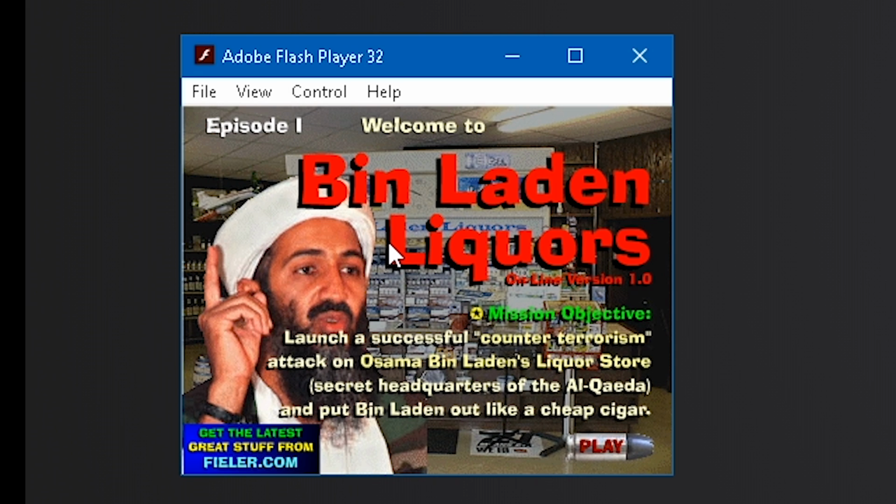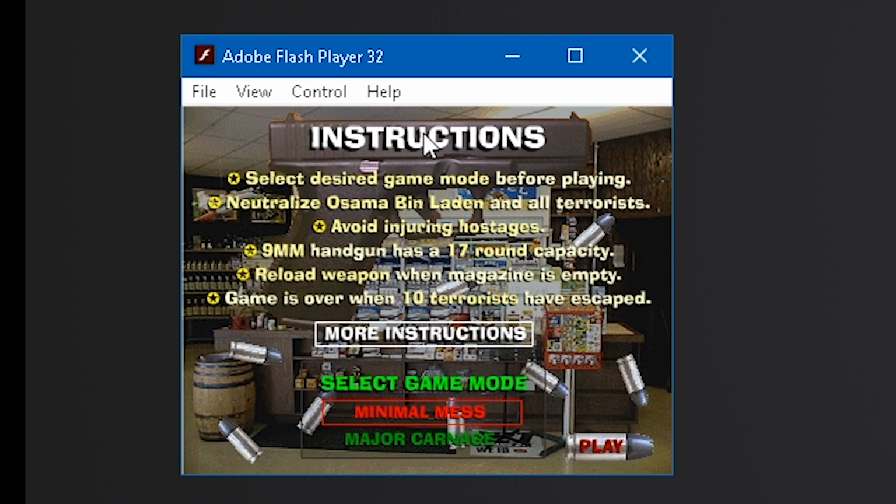Launch a successful counter-terrorism attack on Osama bin Laden's liquor store and put bin Laden out like a cheap cigar. Avoid injury...